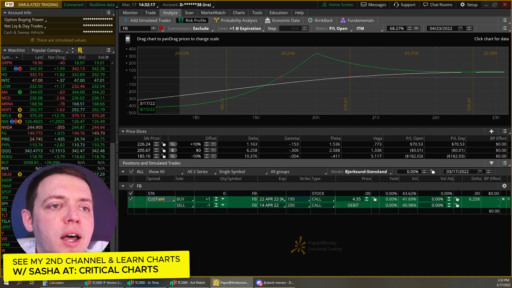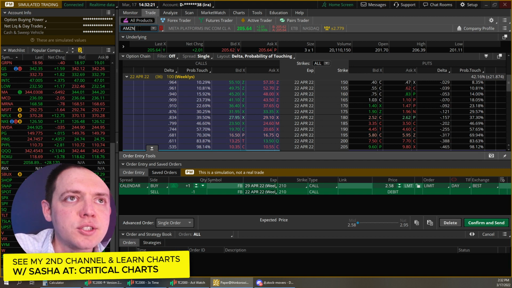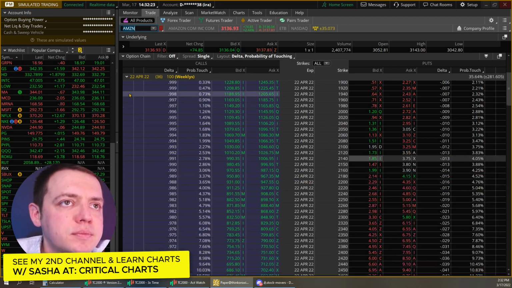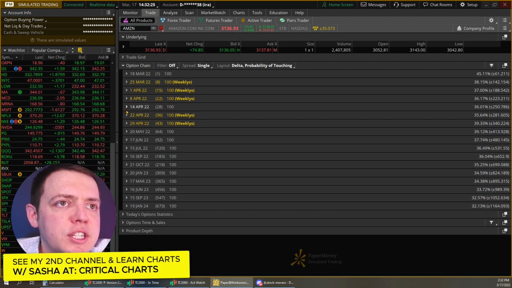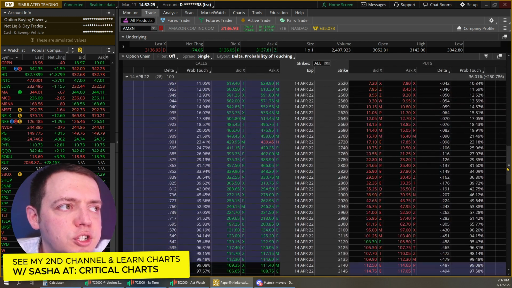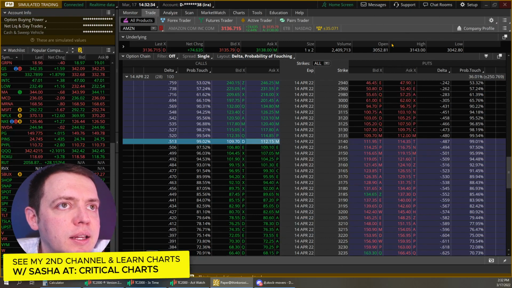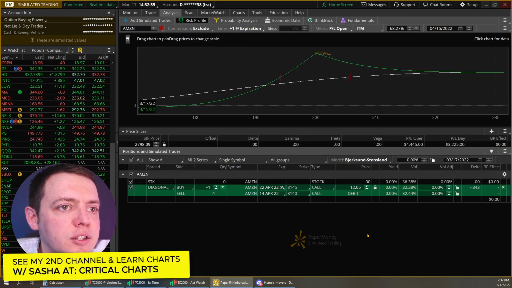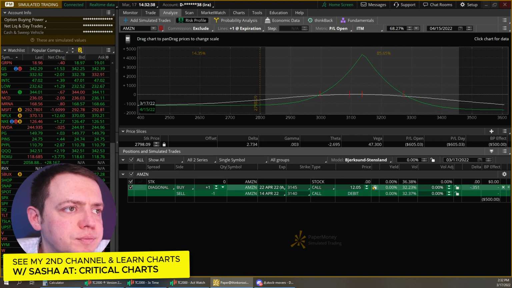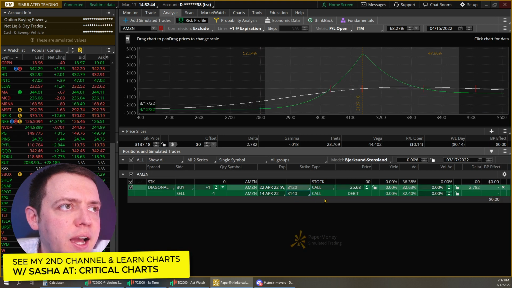And you can do this with a lot of different stocks. So let's pretend we like Amazon. Here's another Amazon example. Here we go, 28 days out. You could just start out with a diagonal right away if you like. Buy a diagonal, and it'll set it up for you. Okay, and there we go. There's the price. So now what I can do is start rotating this diagonal a bit.